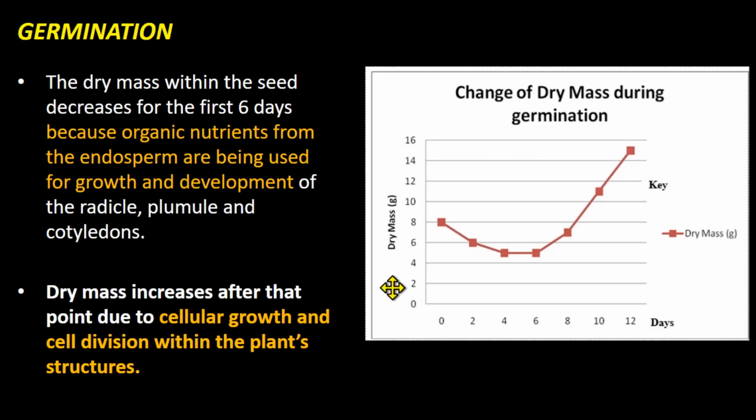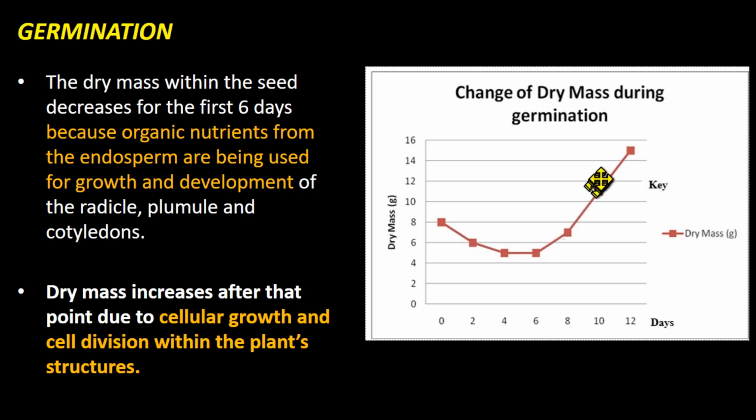On this graph, we can see dry mass on the y-axis and days on the x-axis. So for the first 6 days on this graph, the dry mass within the seed decreases. You can see this drop right here. This is because any organic nutrients from the endosperm within the seed are being absorbed by the embryonic plant and are being used for growth and development of the radicle, the plumule, and the cotyledons. After this point here, the dry mass is going to start to increase due to cellular growth and cell division